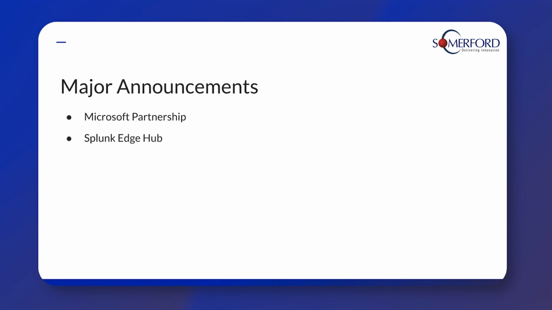Second thing I would say is the Splunk Edge Hub. If you haven't heard about this, I'm going to go into a bit more detail later in this webinar, but it's very cool. Splunk getting into the realms of hardware for operational technology. So very useful if you work in the factory industry, but also just for monitoring contained or secure areas where you want to have an edge out there to understand what's going on. But as I say, I'll go into more detail later.